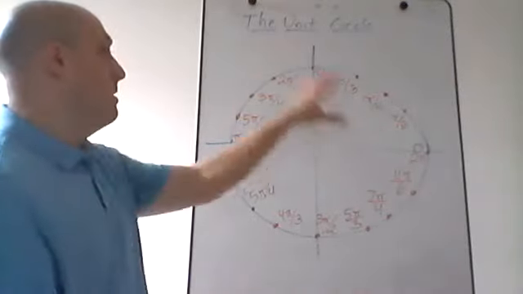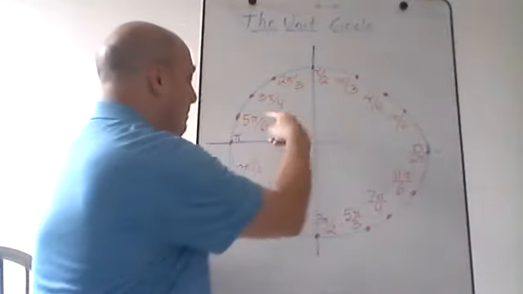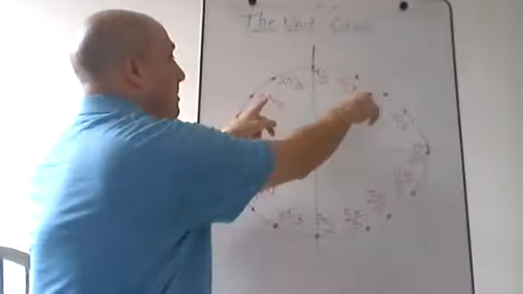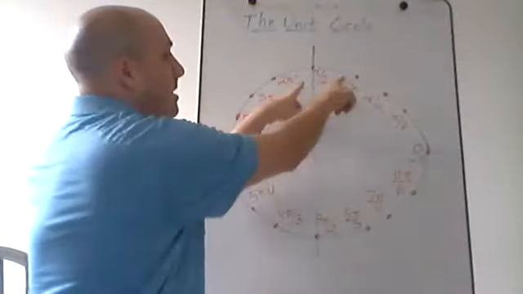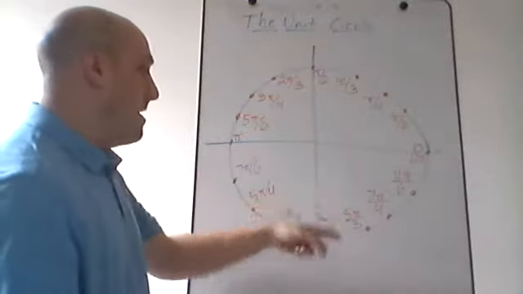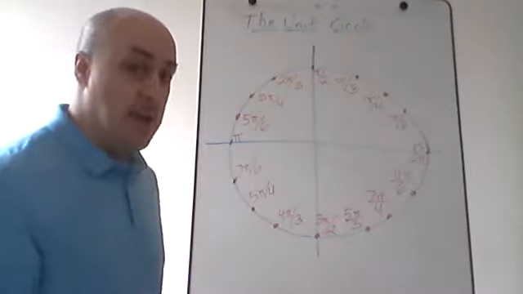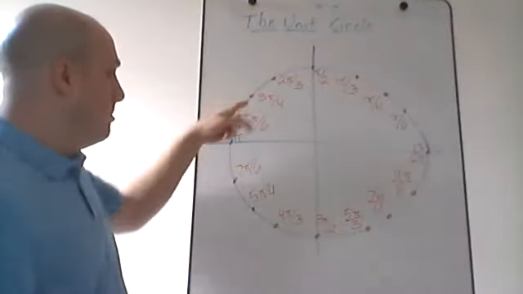If you want to fill in an entire unit circle, just take all the points close to the x-axis, write a pi over 6 on all those points. Take the ones in the middle, each one is a pi over 4. Take the ones closest to the y-axis, each one is a pi over 3. The ones on the y-axis are the pi over 2s. If you get that down, you've got all your denominators, but now all the numerators, though, are